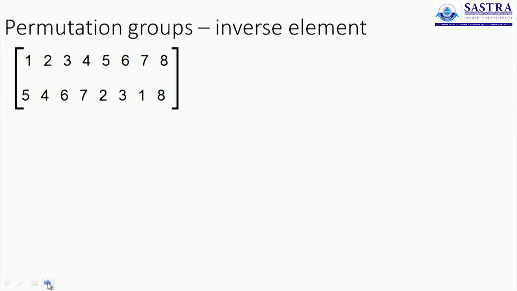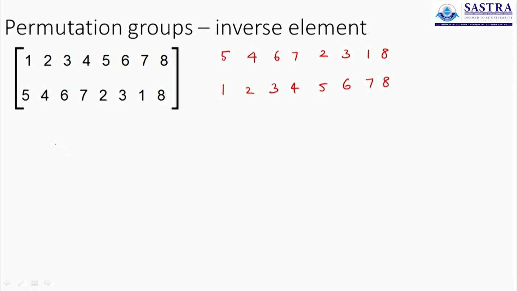We'll try a different question now. Let's see, I want you to solve it along with me. I'll solve and so will you. We'll do it together. Step 1 is to flip them. So flipping them means I'll write 5, 4, 6, 7, 2, 3, 1, 8. And step number 2, I'll just write the top row: 1, 2, 3, 4, 5, 6, 7, 8.